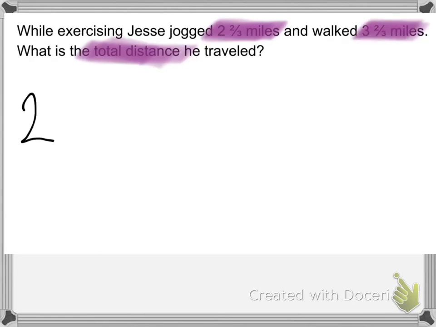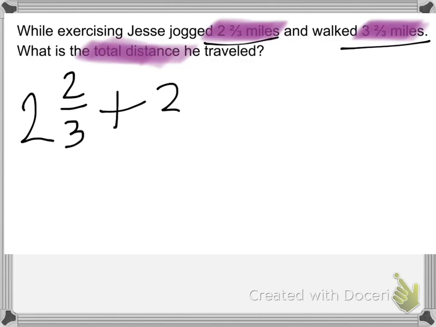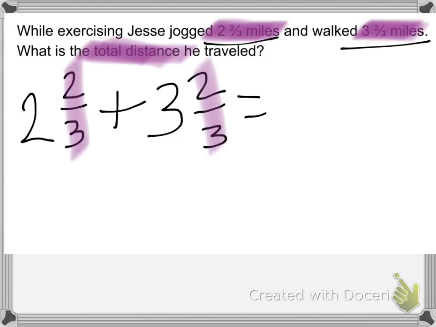So 2 2/3 plus 3 2/3. Again, I have the same common denominator, so I'm going to add the fractions first. So 2/3 plus 2/3, which equals 4/3. Then I'm going to go back and add my whole numbers. So 2 plus 3